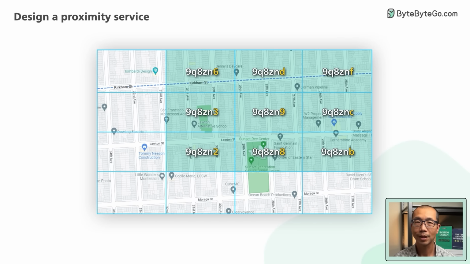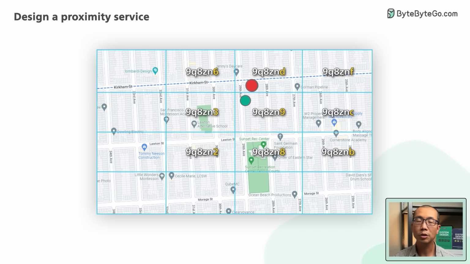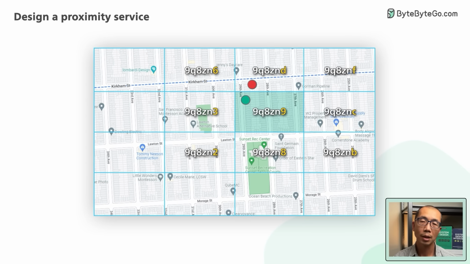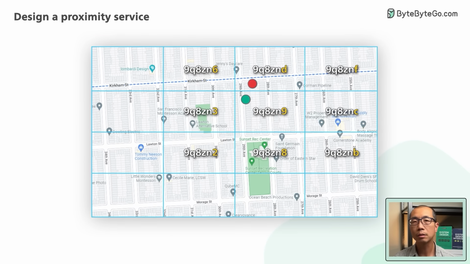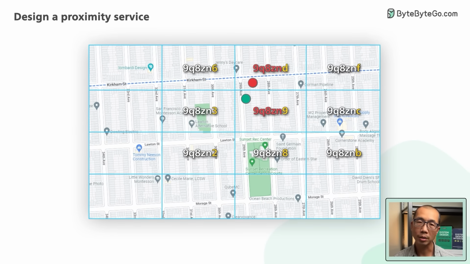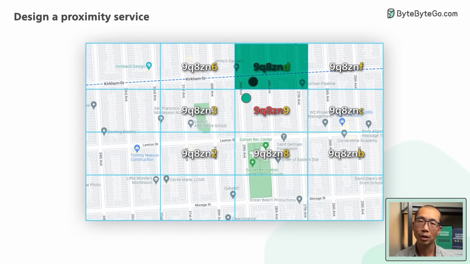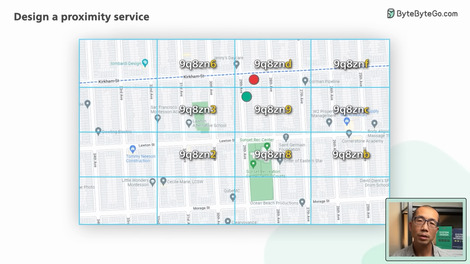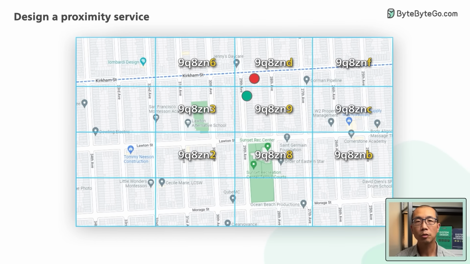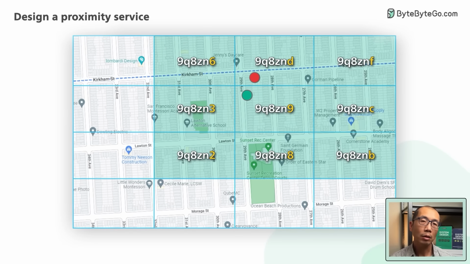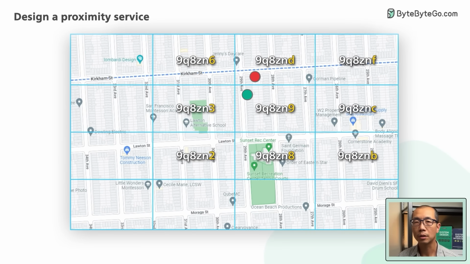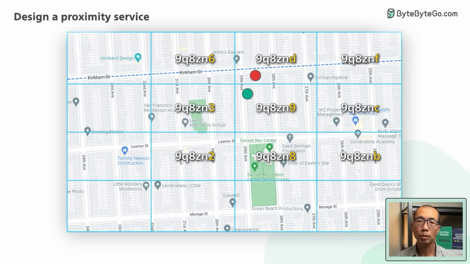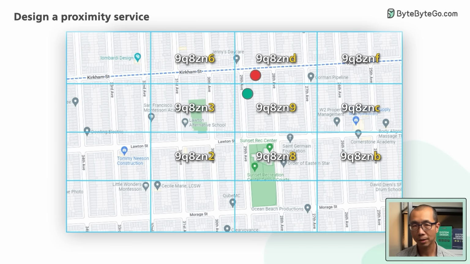Another boundary issue is that two locations can have a long shared prefix, but they are in two different geohashes. In this example, the green and red dots share 5 letters of the geohash strings, yet they're in two different grids. A common solution to both of these issues is to fetch the businesses not only within the current grid, but also from its 8 neighbors. Calculating the neighboring geohashes is not difficult. There are libraries to handle that in constant time. This concludes the exploration of hash-based geospatial indexing.